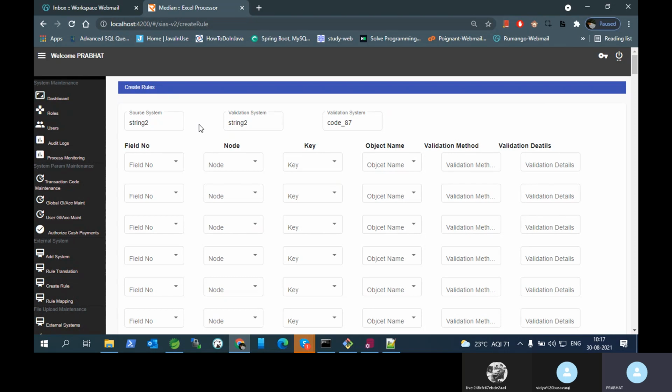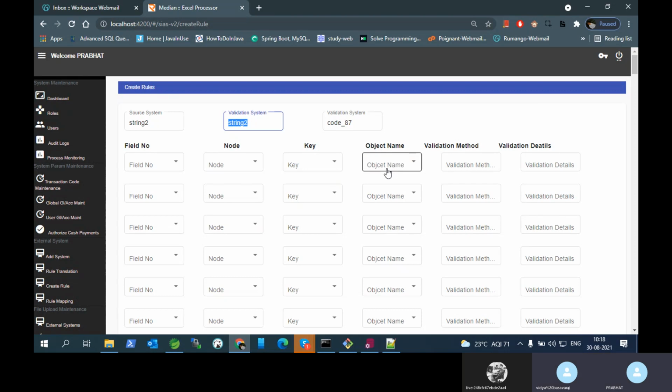So display valid is destination system also, no? Okay, leave it like destination. But see here, you need to properly align. They will not accept this one because this is validation system, node and key, object name. If you are displaying 3, it should be 3 validation systems. 3 will come, sir. If the validation systems are 3, then alignment will be proper. That I need to check. These things I will ask also. Like if suppose it is 2 only, how they are thinking is, suppose they have selected only one validation system. Okay, and this is field number, this is node, so these 2 will not come.